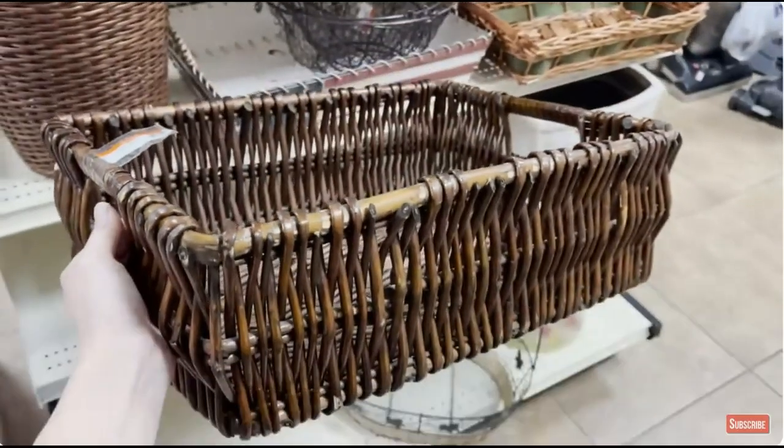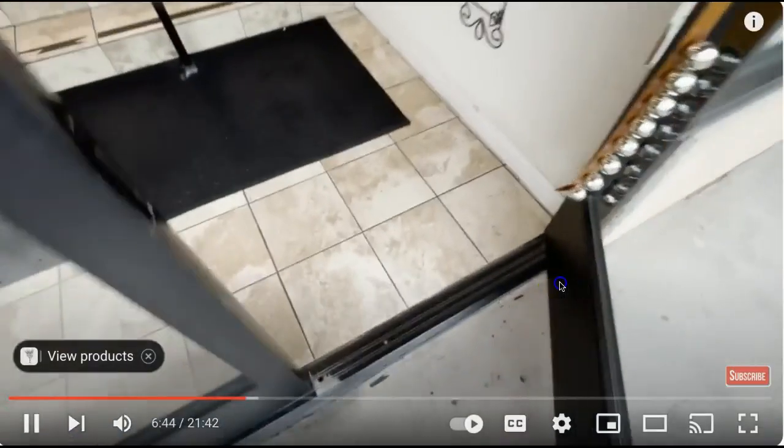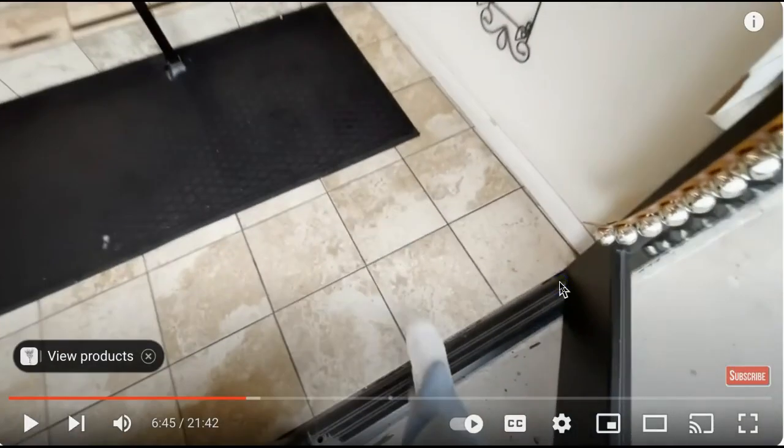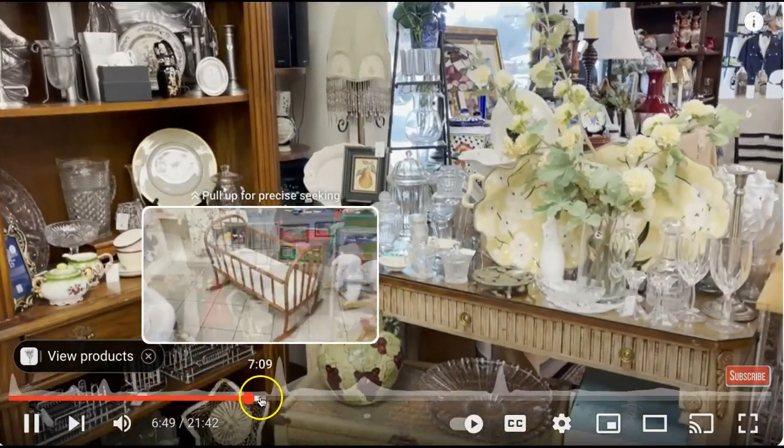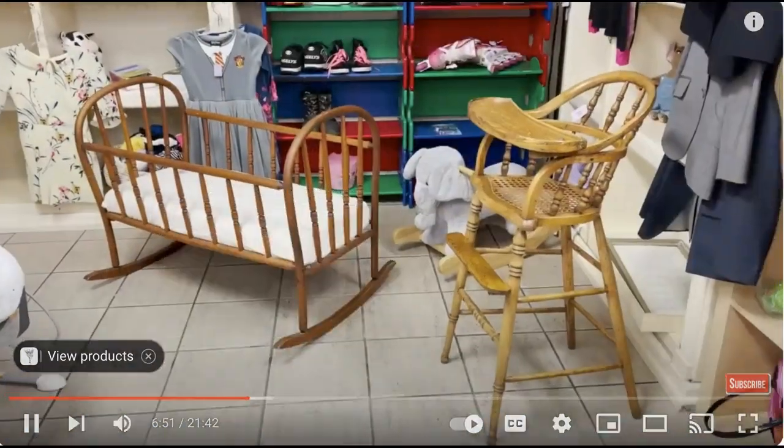So, I always have really good luck finding very cute wicker baskets, and if you did not know, you can also spray paint wicker baskets, and it works really well. Thrift store, there's 3 that are all really close together, so I just hop around between them to see what I can find. Wow, see, this is the kind of...